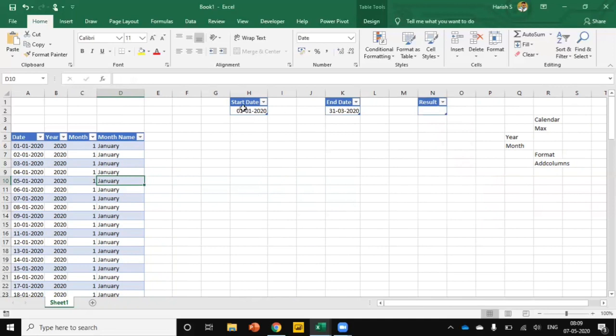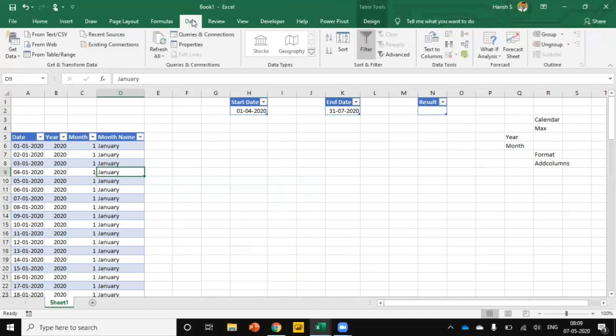Okay. Now we have created a connection. So now I'm going to change this into 1/4/2020, and here I'm going to change it to 31/7/2020. So just click here, then go to Data and refresh the data. You got the result.